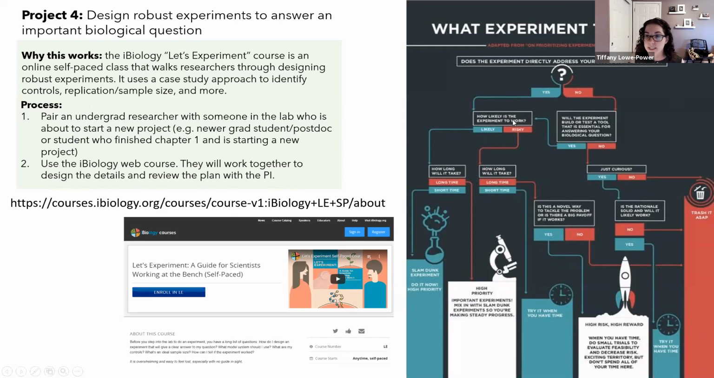There's a lot of nice tools like this flow chart of deciding which experiment do I do next? But there's also a lot of worksheets in terms of just having you step through a research question in a really nicely organized way. So I'm going to send all of these slides to Bianca, and she can forward them